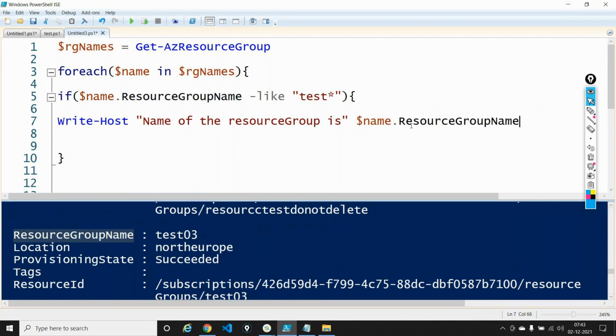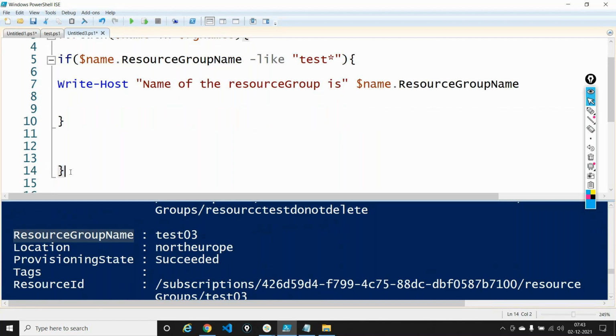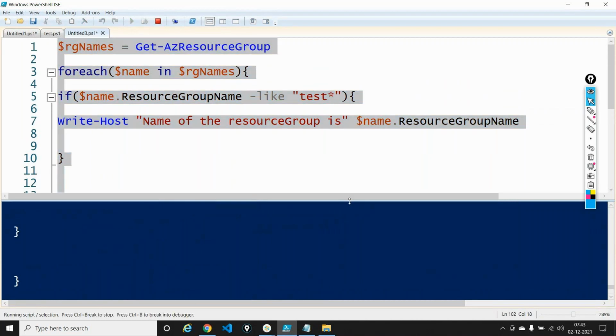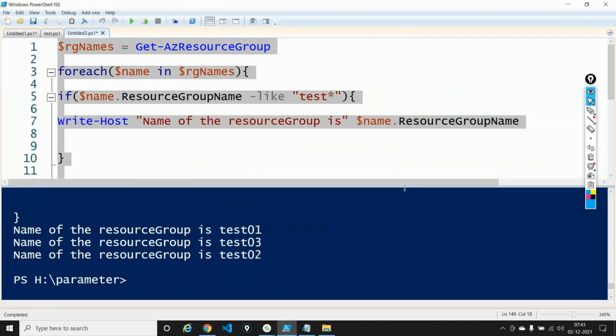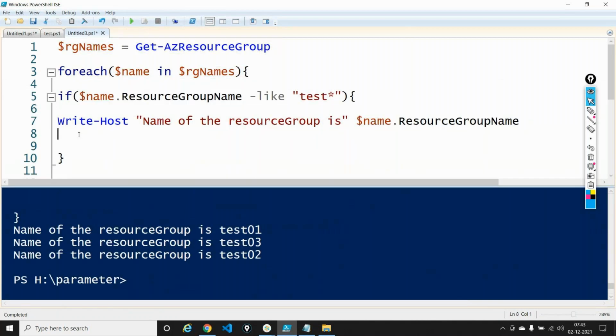Just doing a $name.ResourceGroupName out here, and let me execute this loop right now to see what exactly I'm getting. I am getting in return the name of the resource group: test01, test02, test03. I am not getting the fourth resource group, which had a different pattern. Since I'm satisfied with this, now I will say Remove-AzResourceGroup